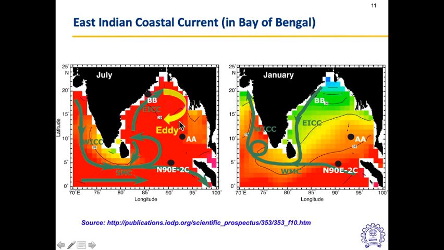So this Bay of Bengal has a very important role to play, and this EICC is very important because it helps in creation of systems either in the southern bay, central bay, or the northern bay, and then the tropical easterly jet will push these systems, bringing rains to Indian subcontinent. In January the EICC reverses, and that leads to the formation of northeast monsoon.